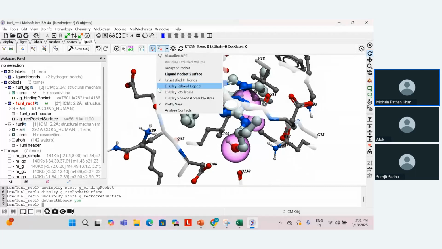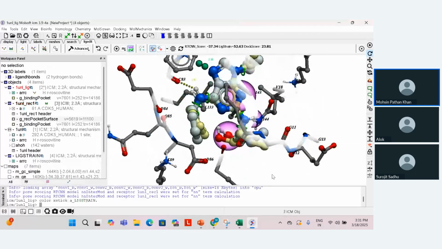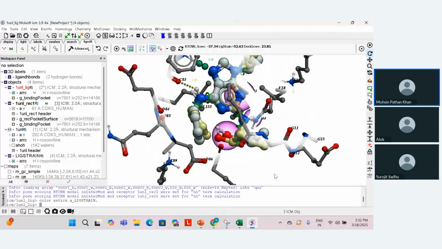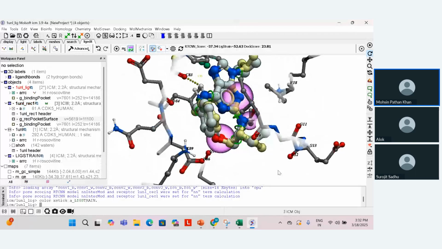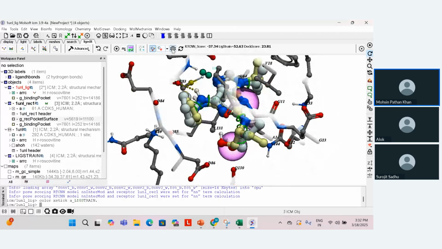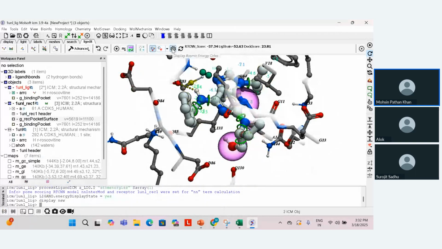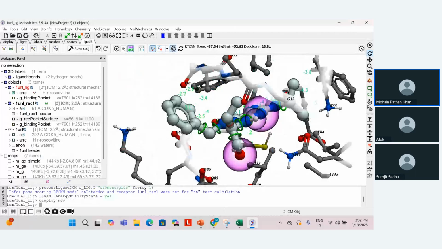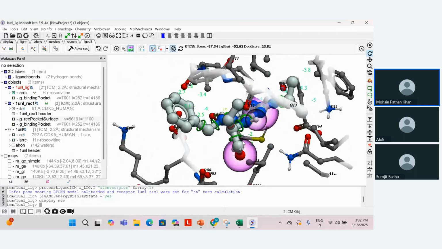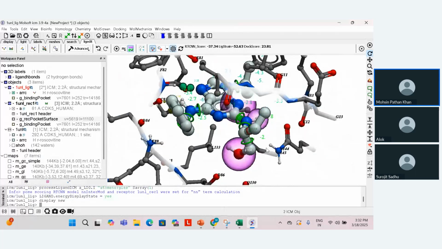Similarly, you can also relax your ligand molecule within the binding site of the protein of interest. You just have to click on this button here, display relaxed ligand molecule, and it will show you the relaxed ligand molecule in comparison with your co-crystallized ligand molecule within the binding site. Similarly, you can use this button here, display atomic energy circle. It will provide you the energy for each atom on your ligand molecule. If the energy of your ligand molecule atom is red,